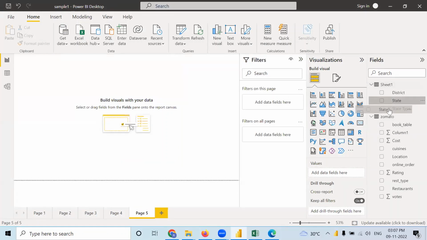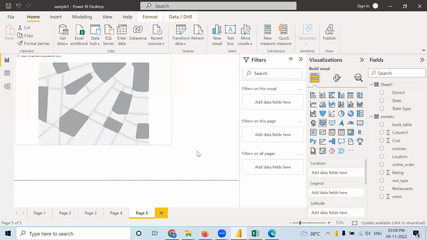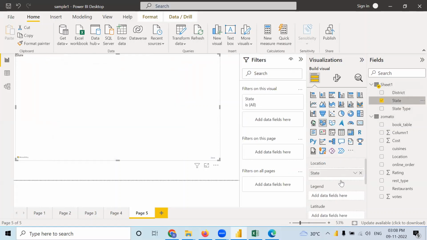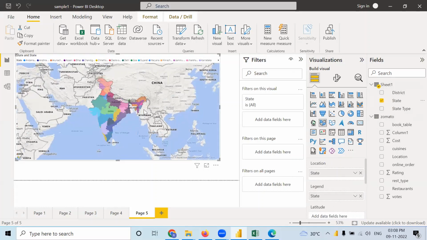If I take the filled map, earlier one was just a map, I put this in location as well as in legend. So different states will appear in different colors. Legend will help for that. A filled map will be entirely filled in that particular map. In case of a simple map, it will show you different dots only. I hope it is clear to all of you.